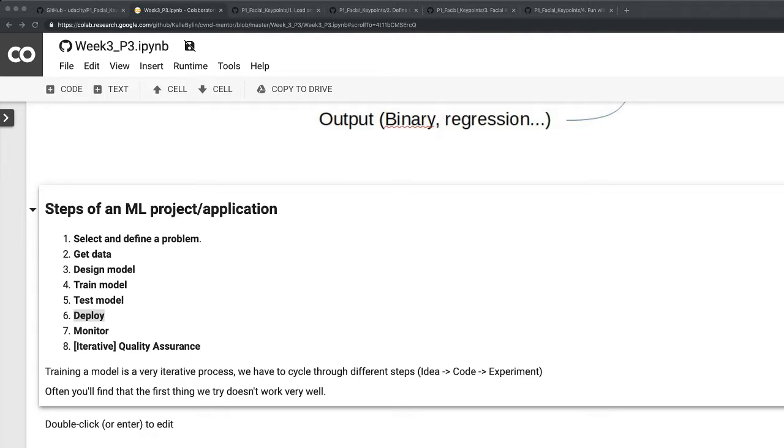We have to cycle through different steps: idea, code, experiment, and we do it fast and over and over again. It's very rare that we train a model and the first model we train is perfect. That basically never happens. So we have an idea, we code it up, we try it out, and if it doesn't work, we just